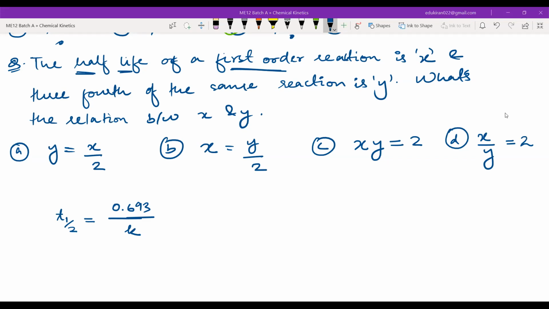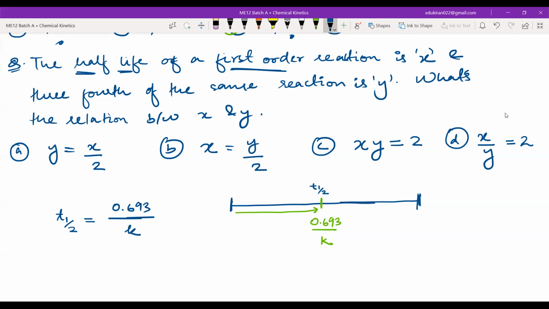As you can see, the time taken for any first order reaction does not depend on the concentration, the initial concentration of the reactant. So the next thing I can do is make a timeline. This timeline is very important and conceptually a very handy tool if you are dealing with first order reactions. So this is somewhere half. The time taken to reach here is 0.693 divided by K, yes or no? This is T half.